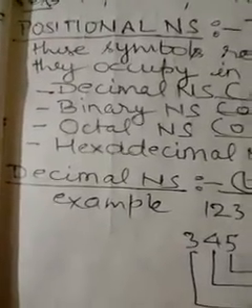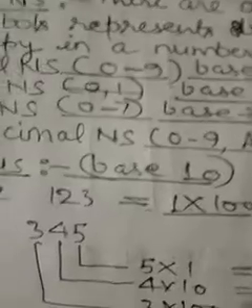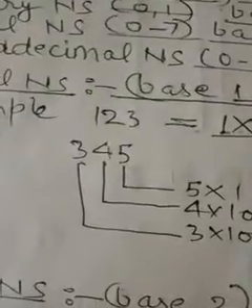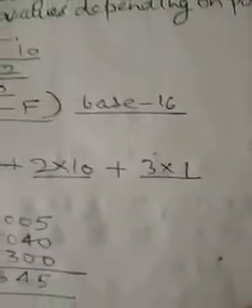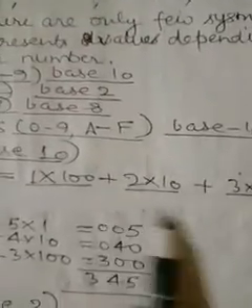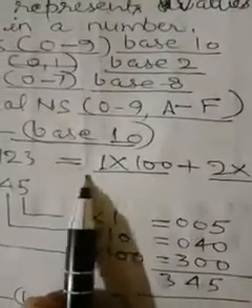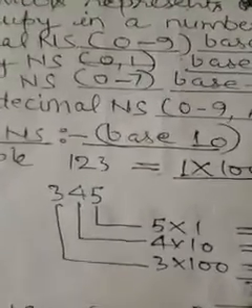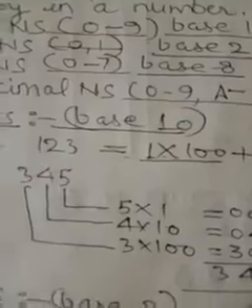So let's see the decimal number system, which has base 10, and how we form a decimal number. We have an example. Suppose we have 1 2 3. The 3 is always counted as the place on the left side of the number, that will be multiplied by 1, then the second from the left is multiplied by 10, and the third from the left is multiplied by 100. That means as we move from right to left, the power of base 10 increases. Let's see how we form it.